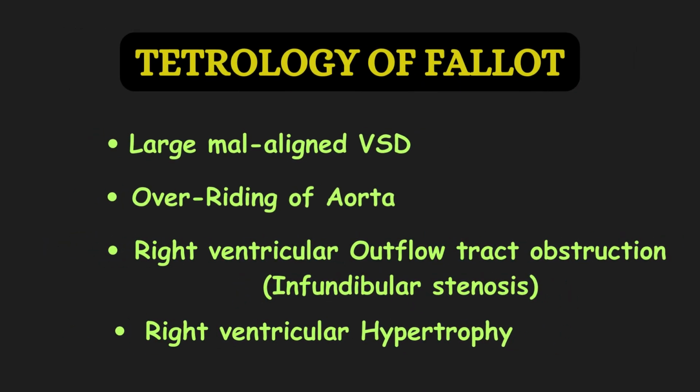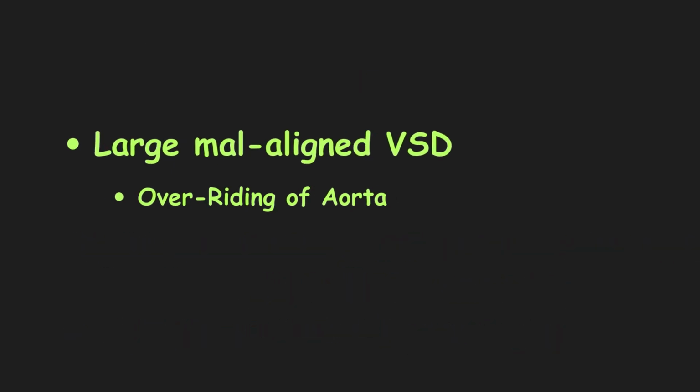So we all know that the components of TOF are number 1, ventricular septal defect, overriding of aorta, right ventricular outlet obstruction, which is most commonly in the form of infundibular stenosis, and right ventricular hypertrophy. So what do you think? Are all these things just occurring randomly together or is there something else? Let's see. So before understanding TOF, let's just quickly recap the basic orientation of the heart, which is most important for